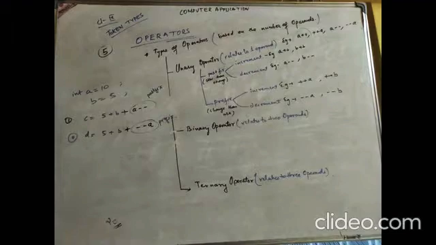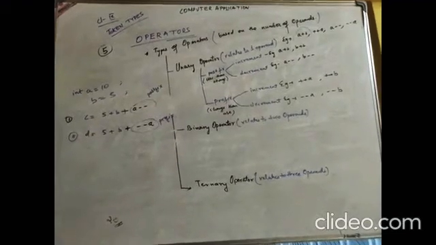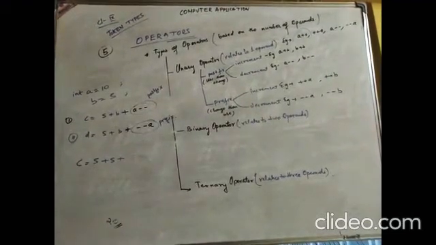C will be equal to 5 plus B plus A minus minus. A minus minus means what? First we will use the variable value. What is A's value? 10. Then the value will decrease by 1. So now, while I am writing the expression, C equals 5 plus B plus A minus minus. This is the expression we have. When evaluating it, the value will be used first, then decreased. In postfix, first use, then change.